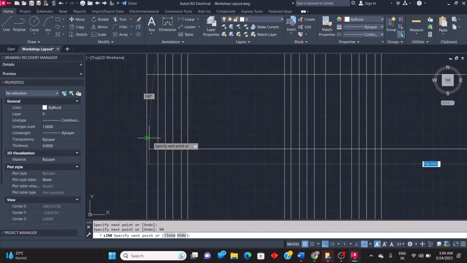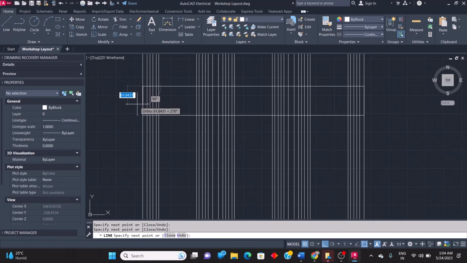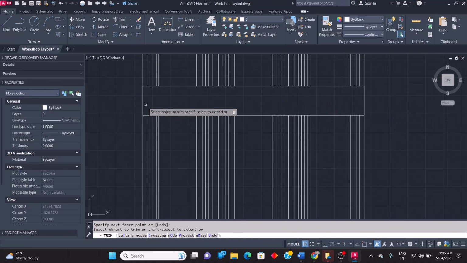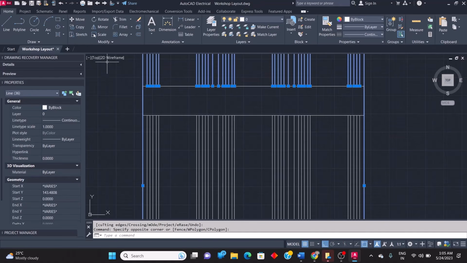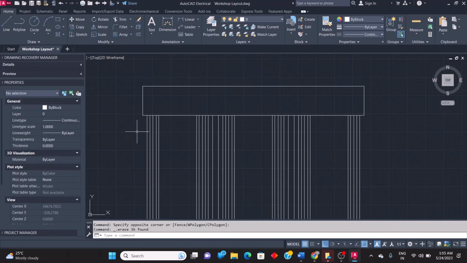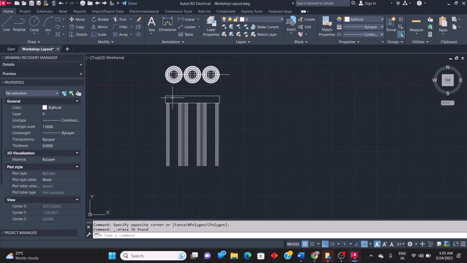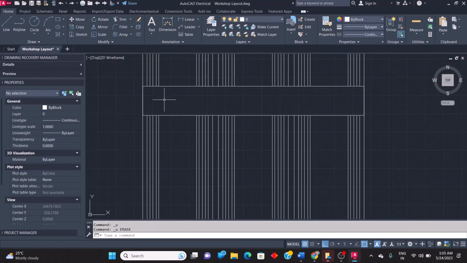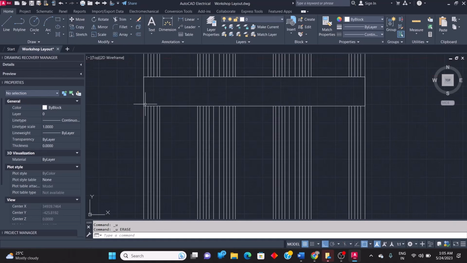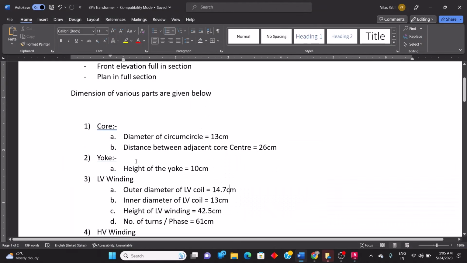So again, draw a perpendicular line and join this. Why am I joining? Because after trimming from here to here, these lines I have to delete. So if I delete this, what happens? You can see here these lines have vanished. To avoid that, I have already drawn this line, and from here again, from this to this, the coil length is